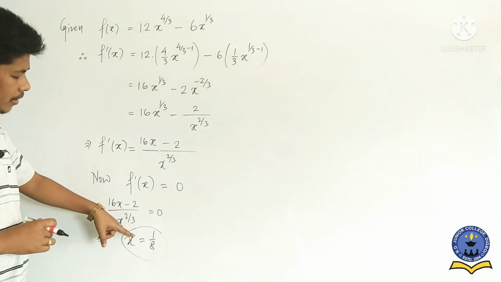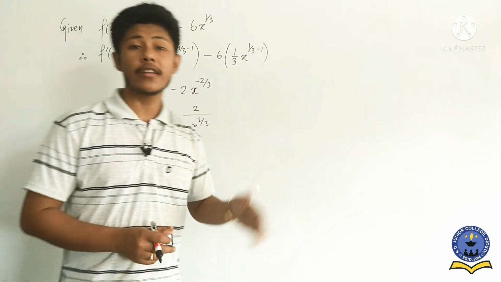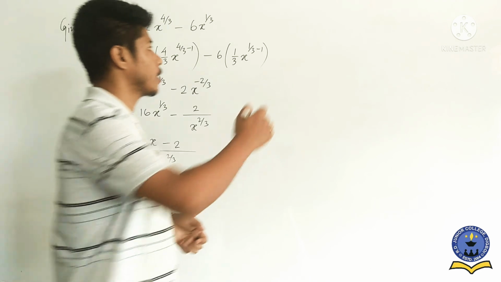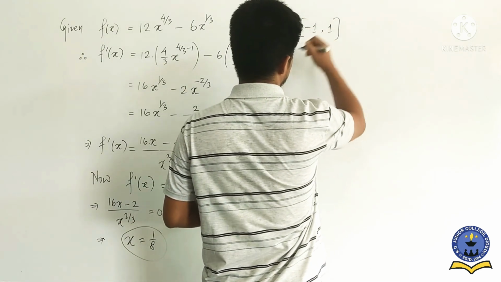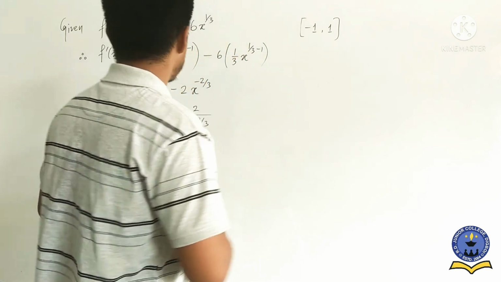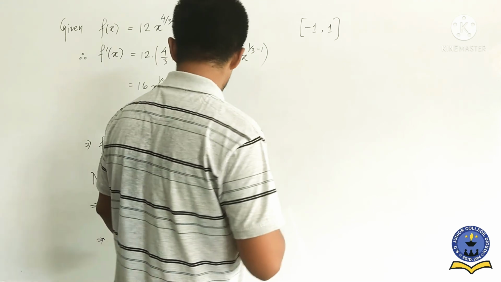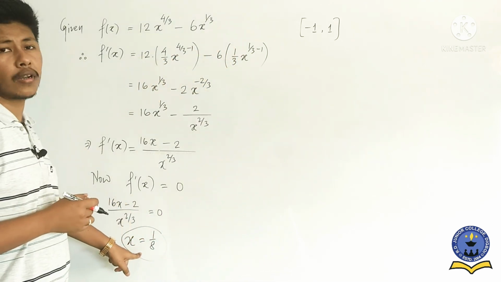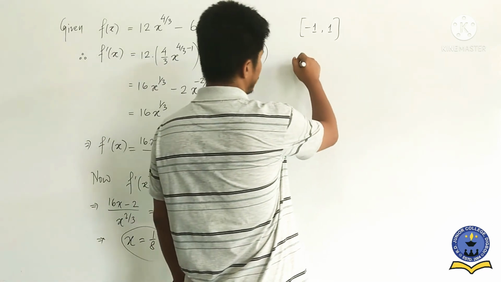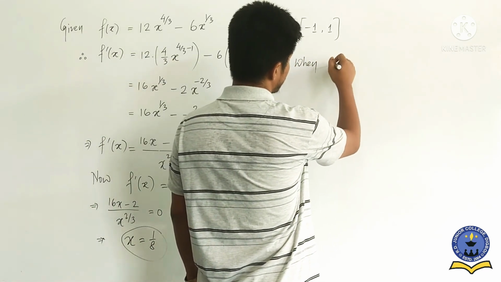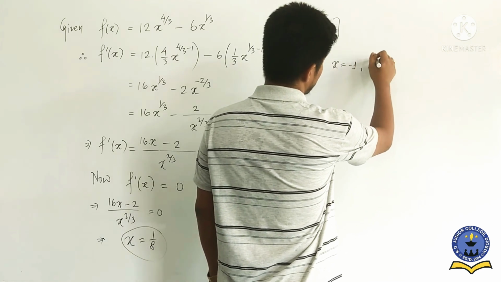So the critical point here is 1 by 8, and with this, the interval is given what? Minus 1 to 1. So the interval is given minus 1 to 1, isn't it? So the interval is minus 1 to 1, and with this, one more critical point you get, 1 by 8. So 1 by 8 you have to put here. So first of all, the first point, x equal to, if suppose you put minus 1, then